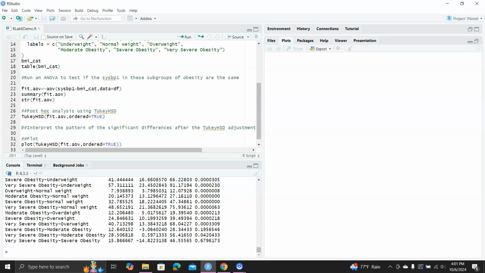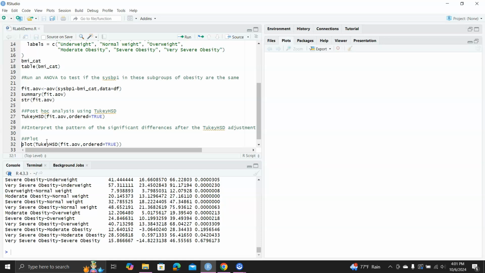Okay. So this actually tells us we may be able to collapse some categories, because the obesity categories are really different from any of the weight categories, like underweight, normal weight, overweight. But for demonstration purposes, we have 6 categories. I just want to go through this so that you get a sense about how this multiple post hoc